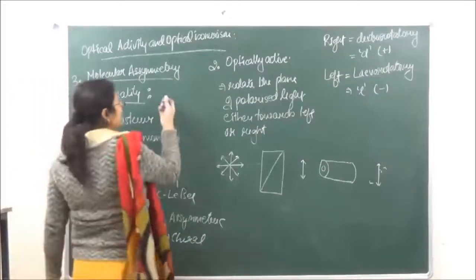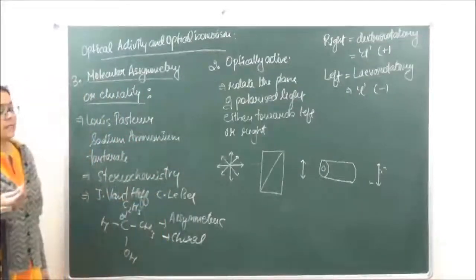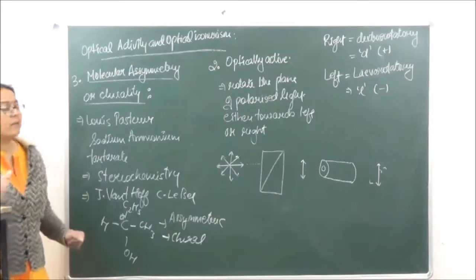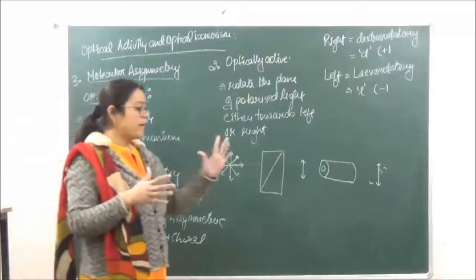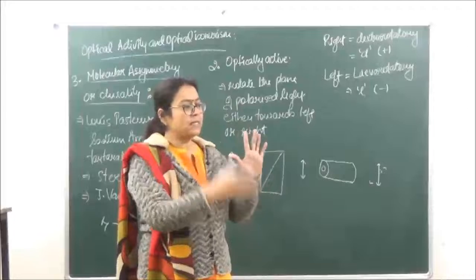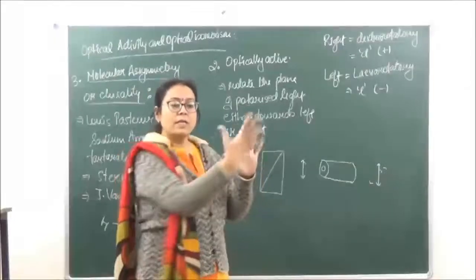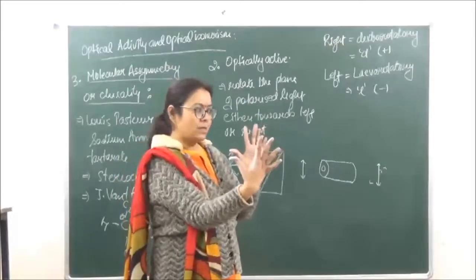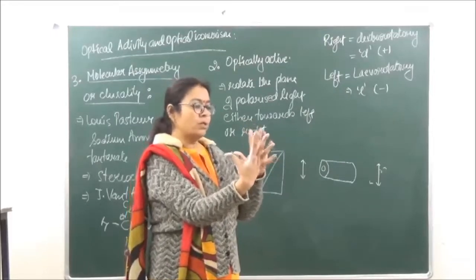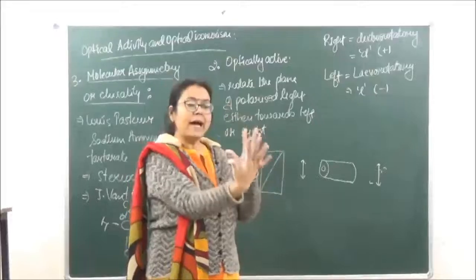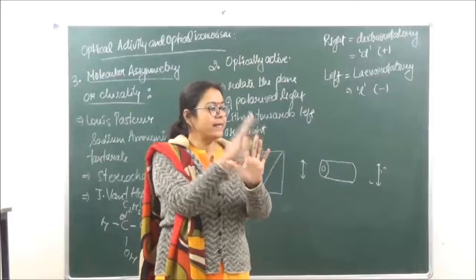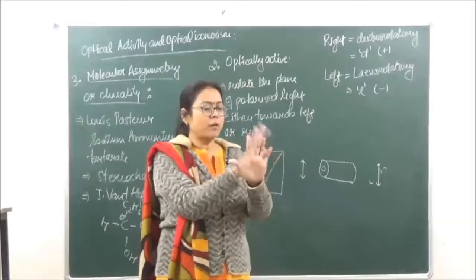Chirality is a Greek word which means handedness. So where does this word handedness, or the property of chirality, come from? If we take our hand and there is a mirror placed, and we look at the image of this, the image is going to be this, isn't it? Now if we try to superimpose this image on the hand, what will happen? You take this hand and rotate it by 180 degrees, only then will you be able to superimpose.